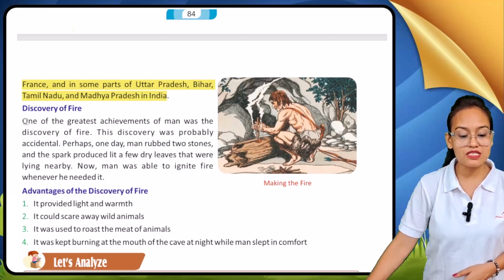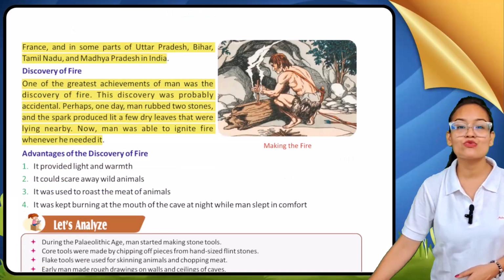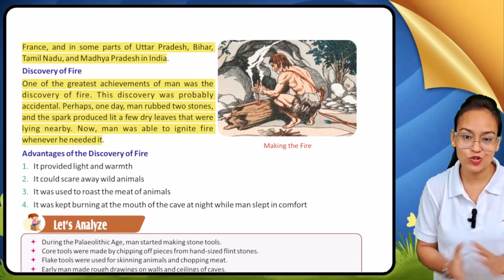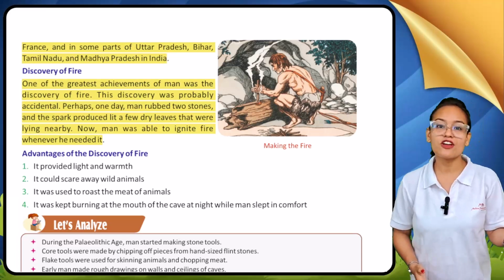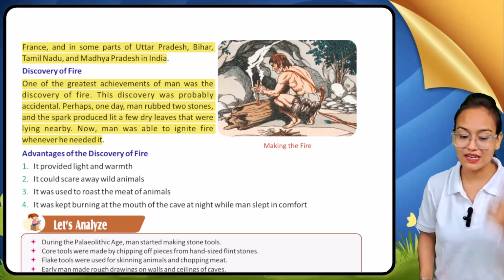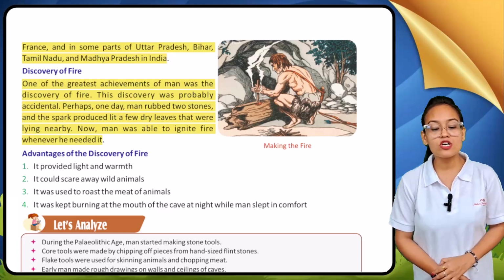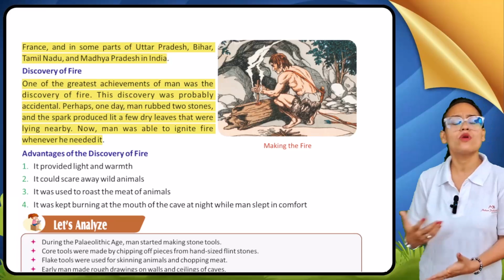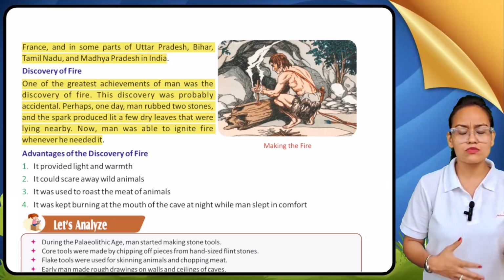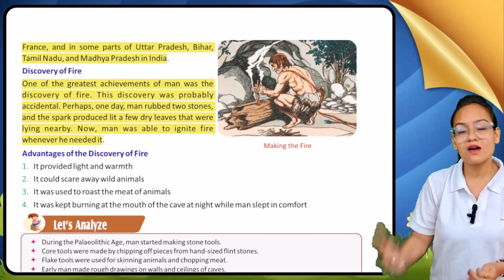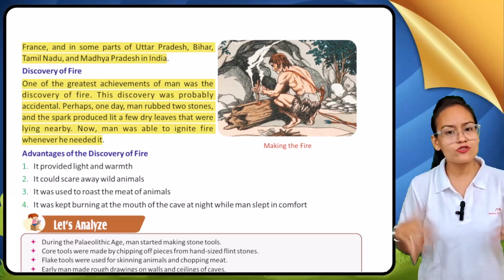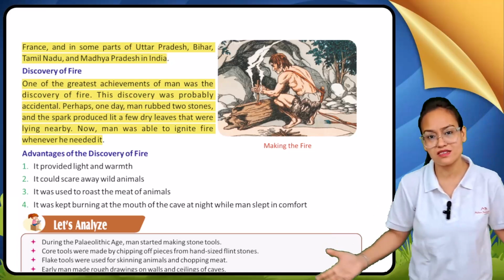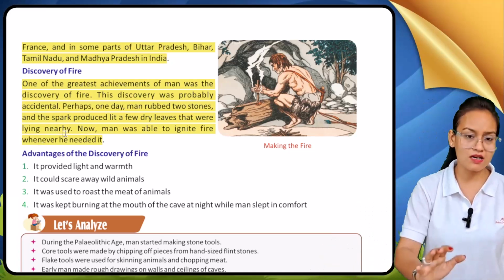Now, discovery of fire. You all know, my dear students, early man discovered two major things which completely changed the entire humankind: first, the discovery of fire, and second, the invention of the wheel. The discovery was probably accidental. Nobody knows by which mode early man discovered fire, so historians take as a base that the discovery of fire was accidental. Perhaps, and it is a theory.